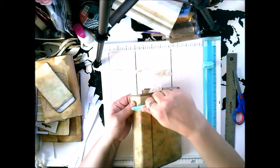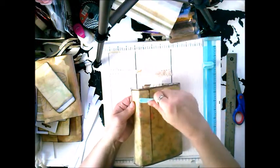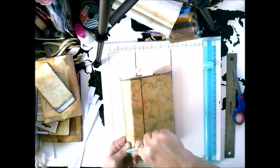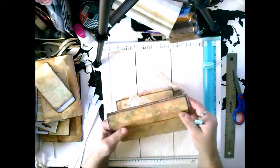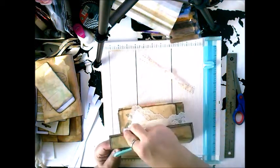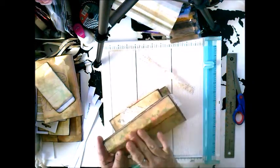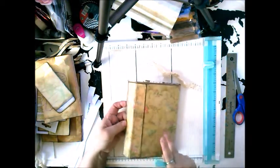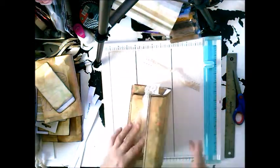Yeah, the other one cracked because I did put on some sort of faux Mod Podge. And that didn't work, so I thought I made it stronger. It was Mod Podge, but then another brand. But no, that really didn't work. As soon as I went to bend it, and I let it dry, it cracked. So what I did was I cut a new piece out, and even if it's now doing that, I don't